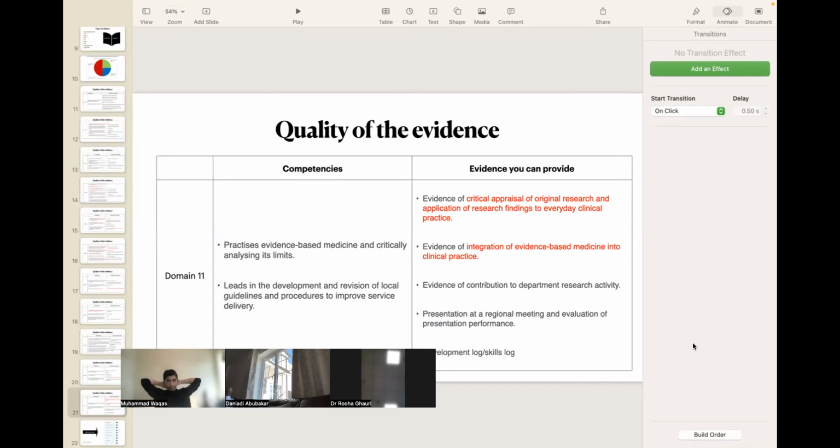Because I have attended the recent meeting the GMC ran, and I think what you have done so far is really great. What I need to comment is we don't need to provide each evidence mentioned in the table. You can see that they said the evidence you can provide, but you don't need to provide everything. So maybe you can choose one or two or three from each evidence they showed you in the table, but you don't need to provide each point with each evidence. This is the first thing.